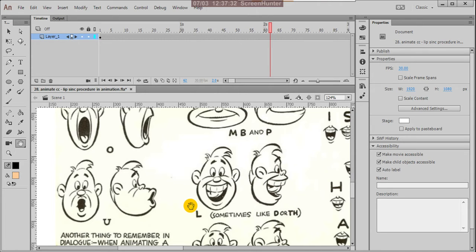See the L, your tongue is touching the upper teeth. L, you can say it yourself and check in the mirror. L, automatically your tongue touches your upper teeth. You can observe the same thing in the side mouth.